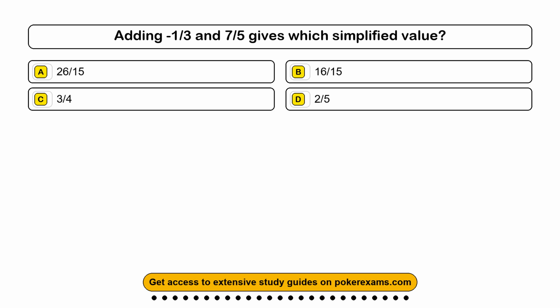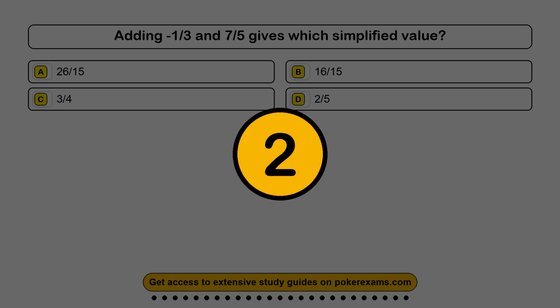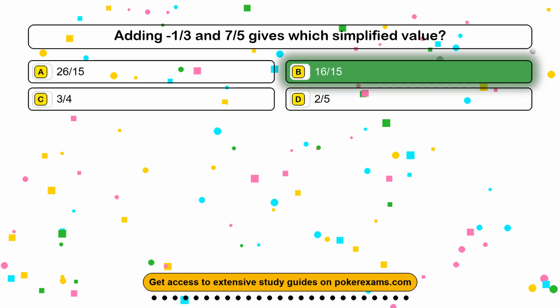Question 1. Adding -1/3 and 7/5 gives which simplified value? Option A, 26/15. Option B, 16/15. Option C, 3/4. Option D, 2/5. The correct answer is option B,